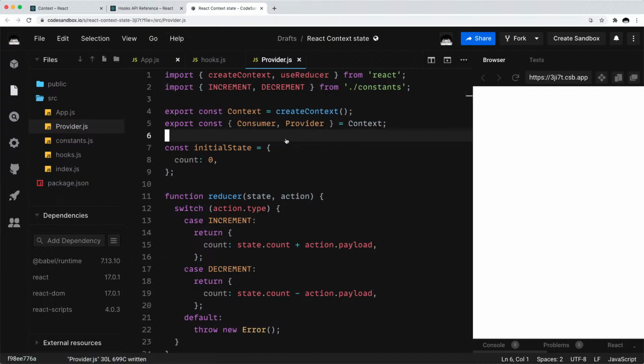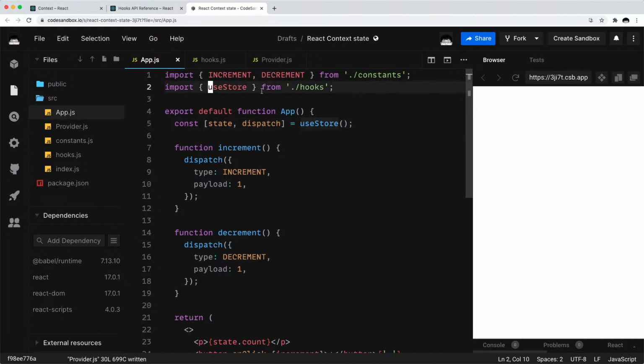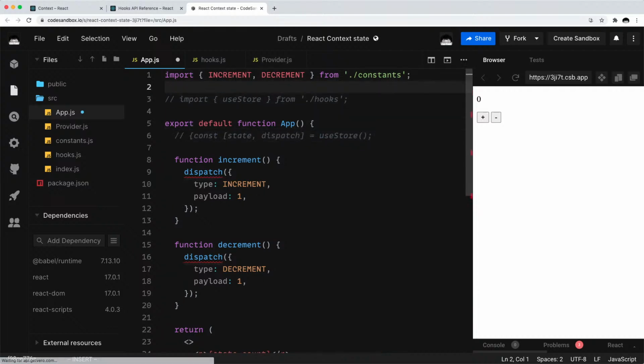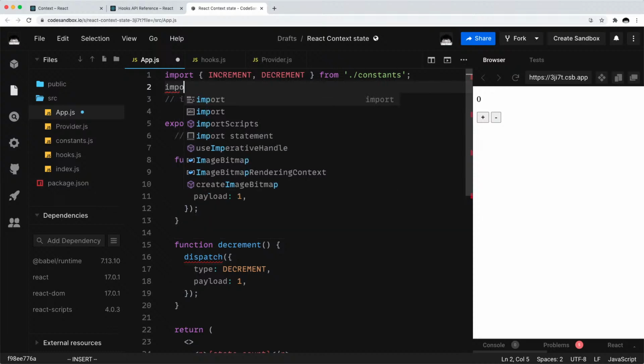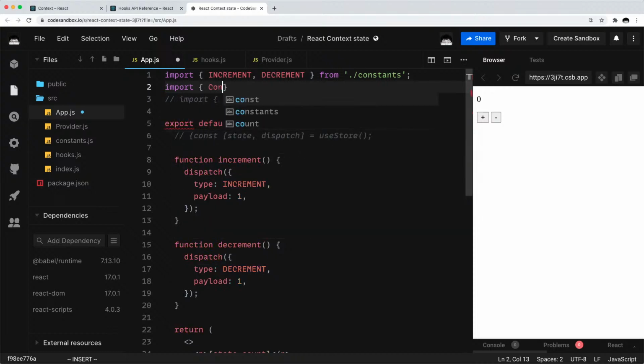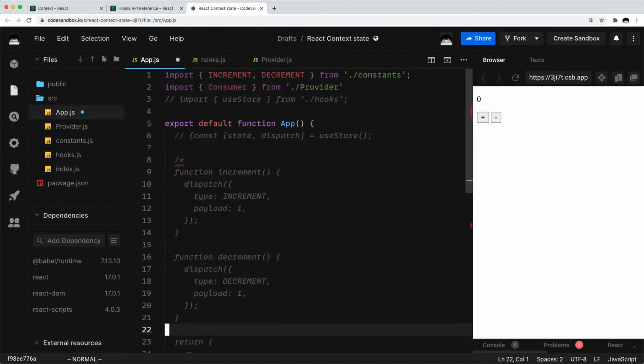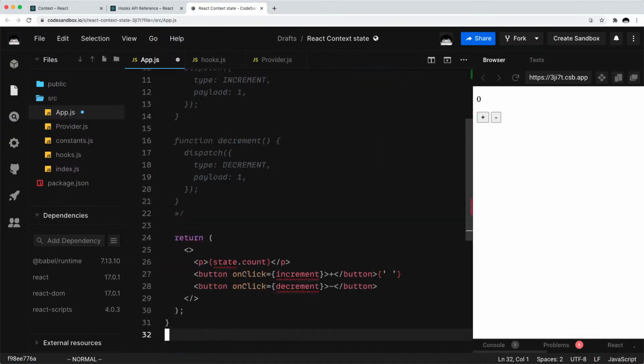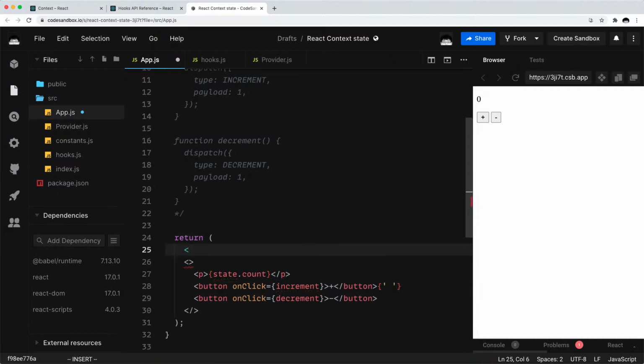Once I save this file, okay, going back to App.js. So now that I have consumer, I'm going to comment this out as well, and then import consumer from the provider, just like that. And then I will also comment these things out for now, just so it doesn't throw an error. And so the way the consumer works is you now have the consumer component